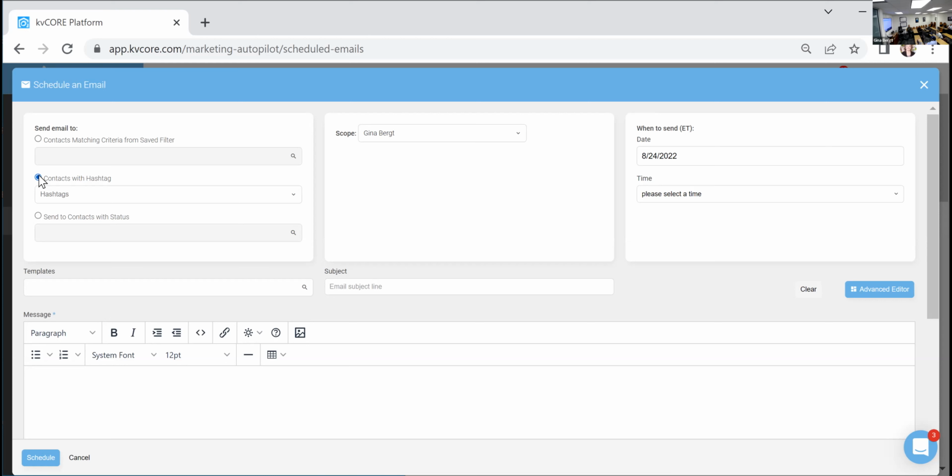Think of it as a bucket. The name of the bucket is everyone. You can put 10 people in the bucket, or you can put everyone in your database. You can have a bucket that says holiday,